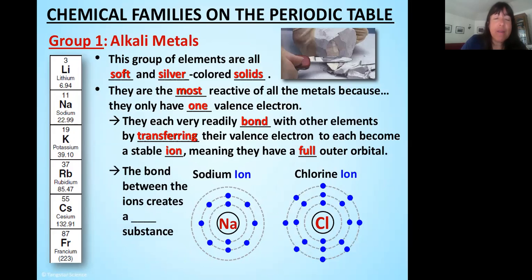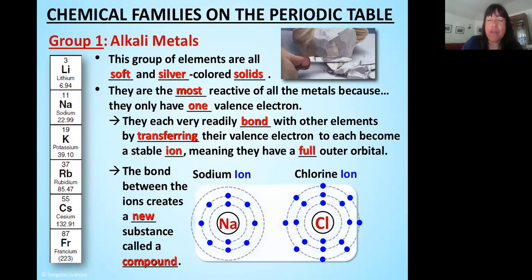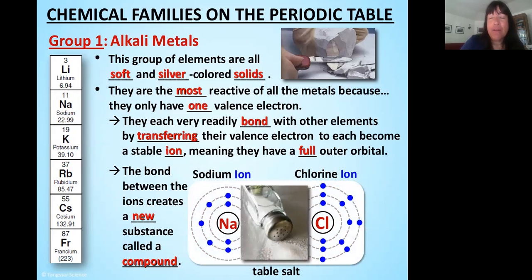The bond between the ions creates a substance that is new. And so I want you to take a look at this. We have sodium. I told you, you put that in water, it explodes. We have chlorine. It's a poisonous gas, like it's used in warfare. Together, they make a compound that is very safe and very stable. And it's called NaCl, sodium chloride. It's table salt. That is what we get from this thing, explosive in water and a poisonous gas, we get